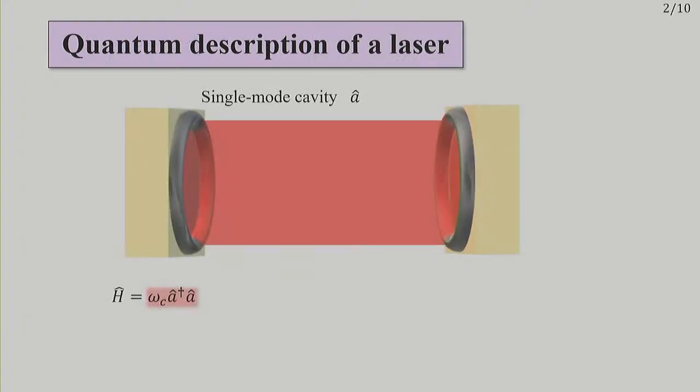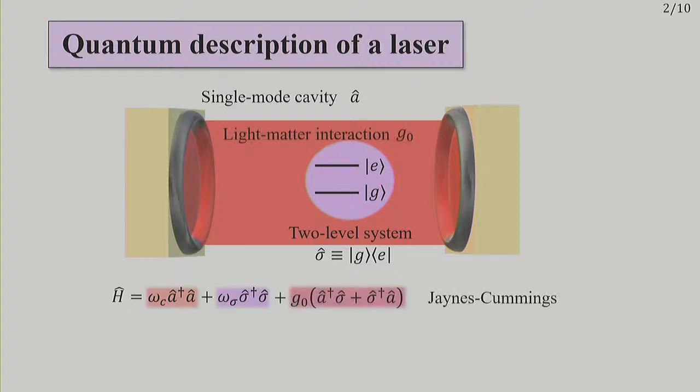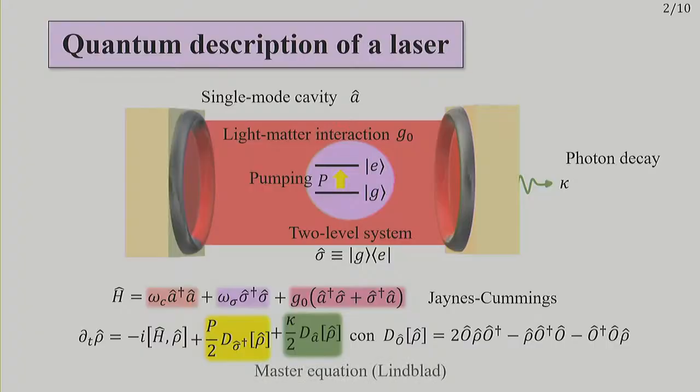And now let's see how we can describe quantum mechanically a standard laser. So we're going to start by having, obviously, a cavity. Inside this cavity, I'm going to have a gain medium. In my case, it's going to be a minimal gain medium, a two-level system, and these two elements are going to interact. So I add this Jaynes-Cummings term to the Hamiltonian, and then I'm going to add some incoherent processes, in particular photon decay and pumping of the qubit for having lasing, and these appear in the master equation as Lindblad terms. So I can get this equation and make a mean field derivation, just